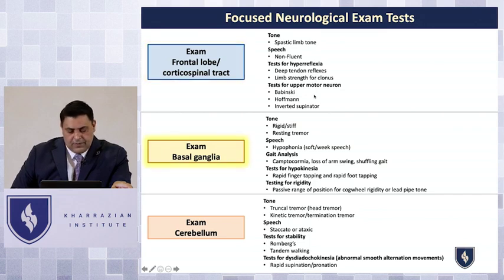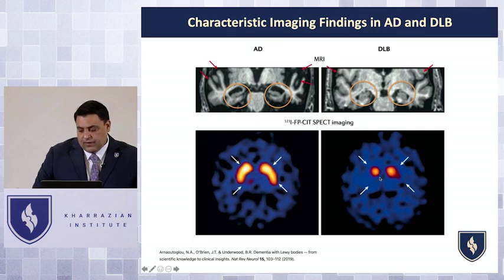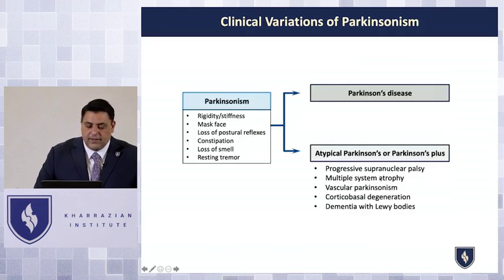And then if you get into looking at the basal ganglia, the basal ganglia becomes really important for us, especially when we're looking at dementia with Lewy bodies. Remember, in Alzheimer's disease the hippocampus is atrophied, but it's normal with dementia with Lewy body disease. But in Alzheimer's disease, the dopaminergic centers are nice and healthy, but in dementia with Lewy body disease, the dopamine centers are involved. And when the dopamine centers are involved, that's when you get rigidity and stiffness and mask face and